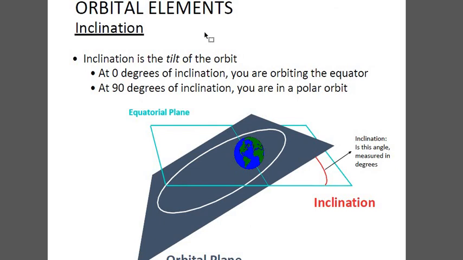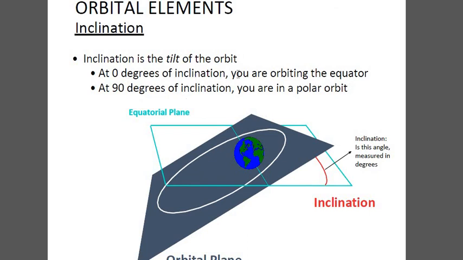So this is the orbital inclination, the third one. Inclination is a tilt of the orbit. Here what you are saying is just the tilt in this particular orbit. It is an angle measured in terms of degrees. In terms of degrees, we can find how much the inclination of that particular orbit is. That is nothing but some tilt, some difference in that particular orbit.